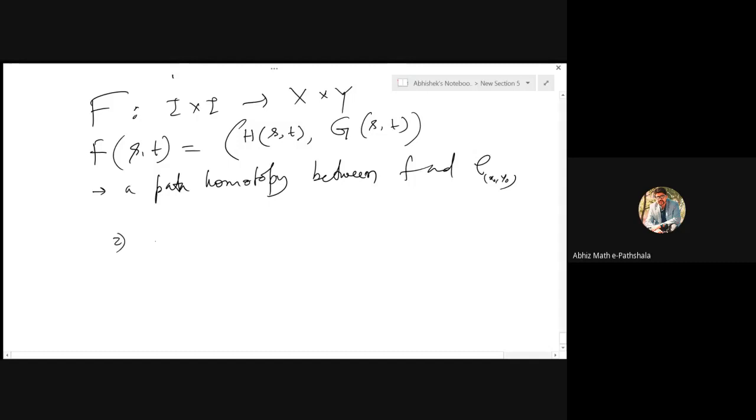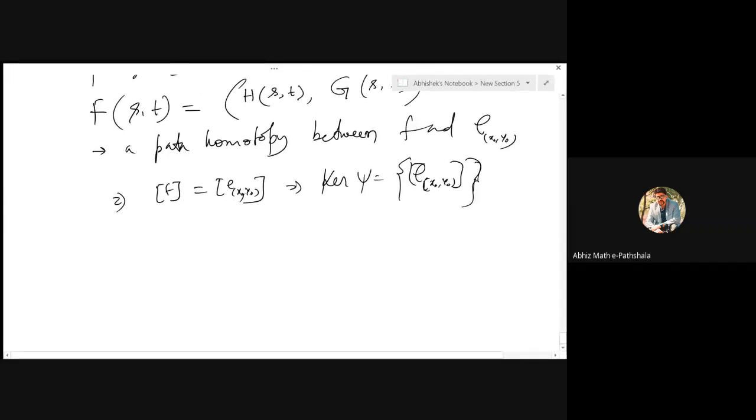So this implies these two paths have the same class. So that means the kernel is a singleton, and this proves the result. So phi is an isomorphism from the fundamental group of the product space onto the direct product of their fundamental groups. And using this, this is the corollary that pi 1 of the torus